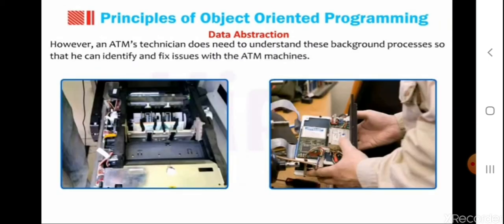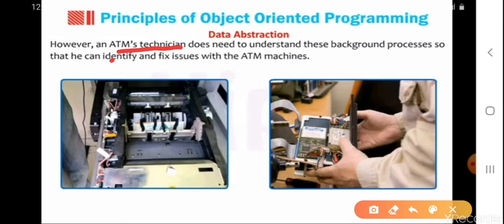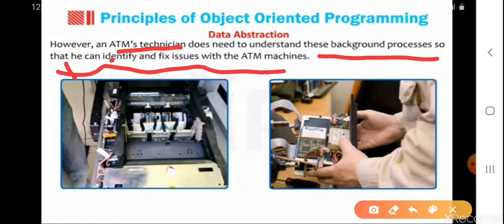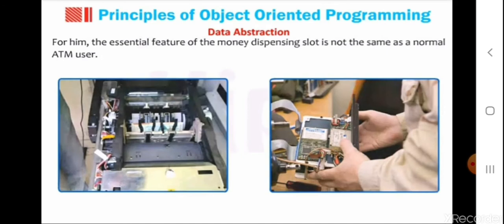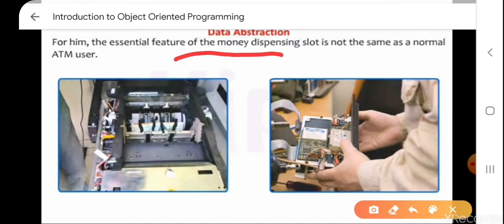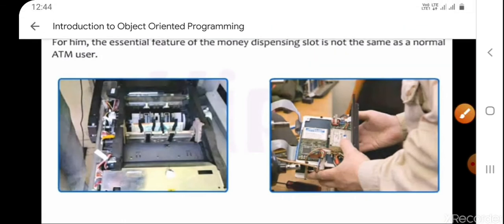However, an ATM's technician does need to understand these background processes so that he can identify and fix the issues of the ATM machine. A normal user doesn't need to know these background processes, but a technician of the ATM does. For him, the essential features are not the same as for the normal ATM user.